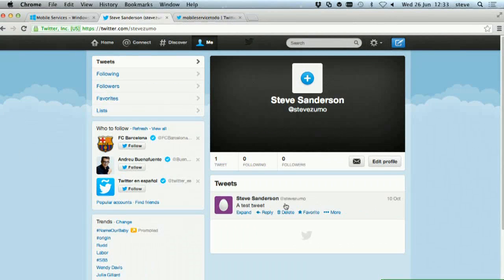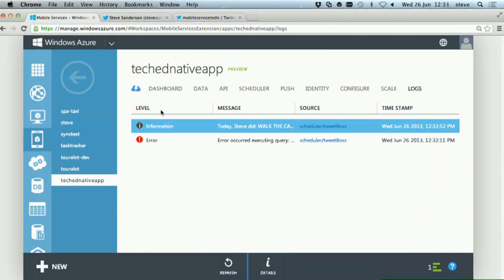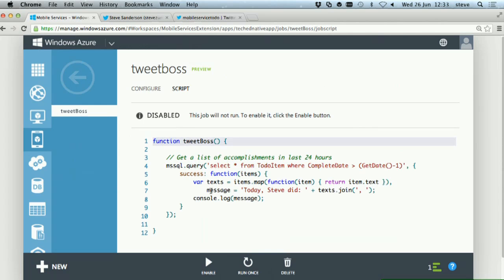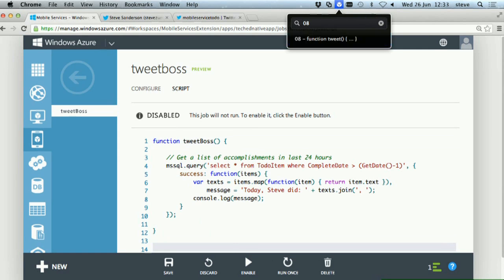Now, mobile services does not have a send tweets feature built into it. But because it has custom scripts, you can integrate with all kinds of third-party APIs, such as Twitter's API. Now, Twitter has an OAuth-based API, and it's very straightforward to use that from a mobile service script. So let me implement this. I'm going to add a little utility function called tweet, which sends a tweet from my user account. So let's drop this in.